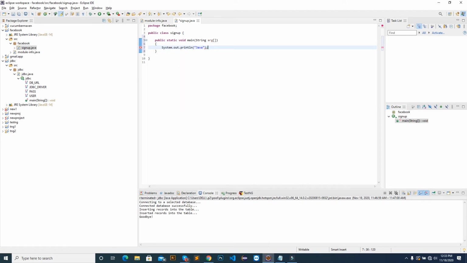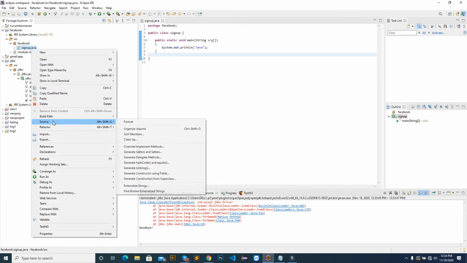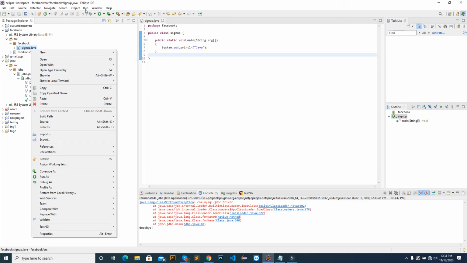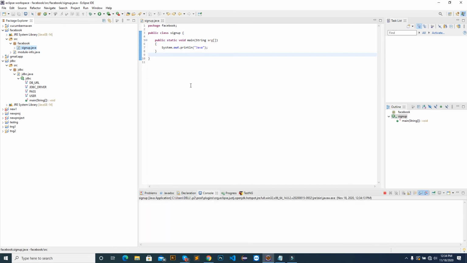And this is the console area. You see this console area. Now I want to execute it. Just execute it. Go to run and run as Java application, right?